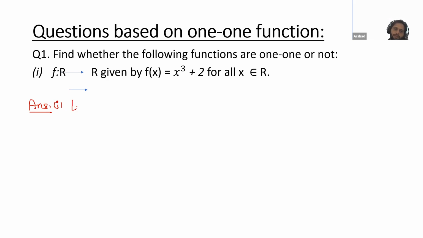First thing is, let x1, x2 belong to R. First of all, you will assume two values from this first set. Now the problem is both the sets are R, so the examiner can get confused about which set we are talking about. So what will we write here? Domain. We know that the first set is the domain. So we will write let x1, x2 belong to R, that is domain, such that